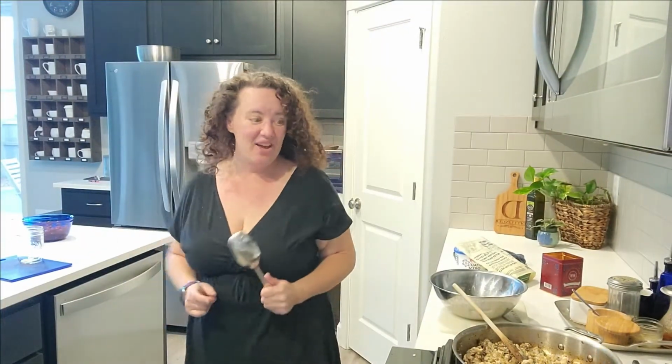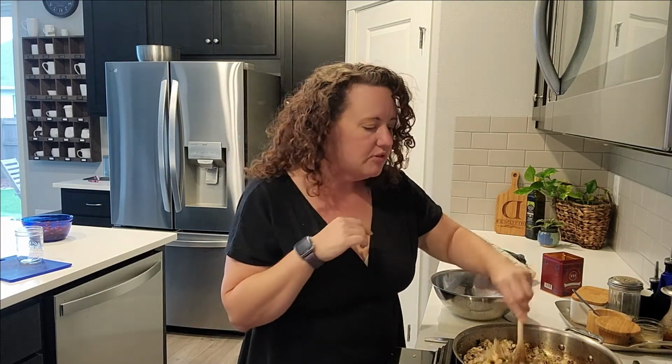Hey guys, so the chicken is now cooked all the way through, and so we're going to add just a few more ingredients, and then our stuffing will be done. So it's also had time to cool. I let it cook all the way through, and then my husband and I went on a walk around the block. Well, I don't know, the neighborhood, I guess. And then,